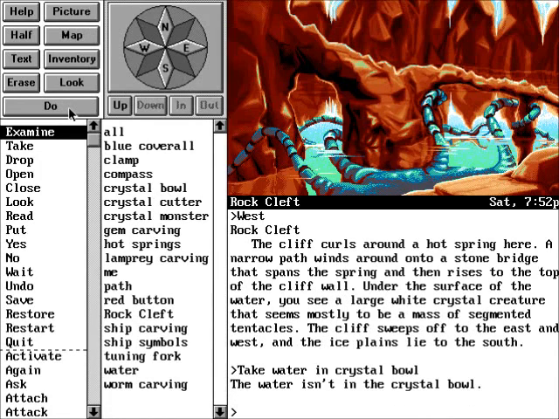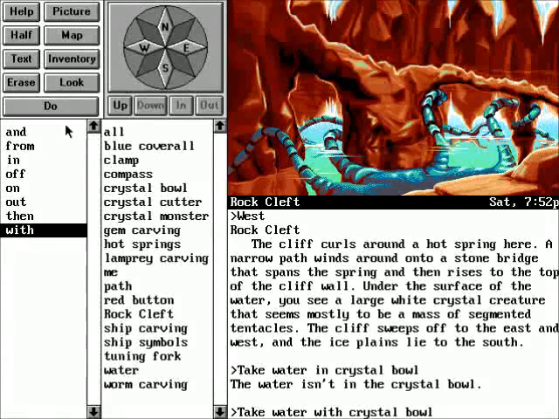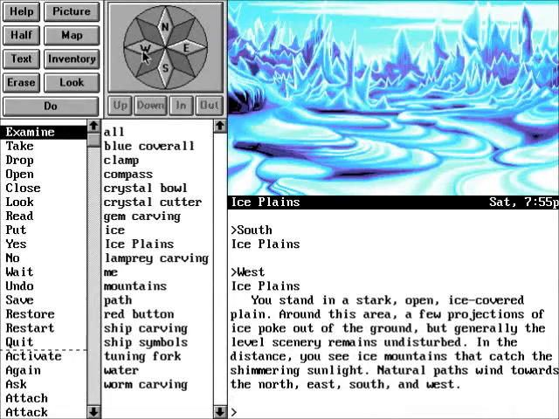The water isn't in the crystal bowl. Take water with crystal bowl. Keeping watchful on the crystal monster, you fill the bowl with steaming water. You know what? I bet we could use that to determine how